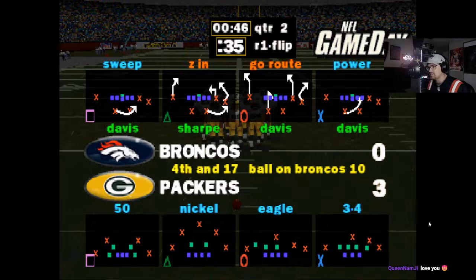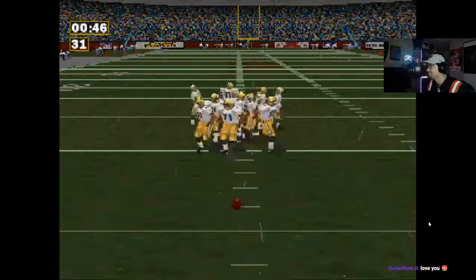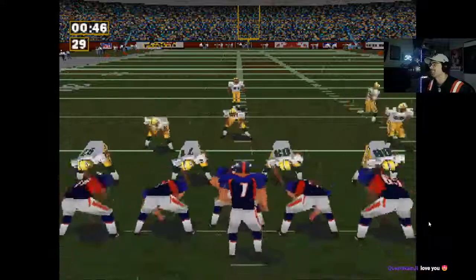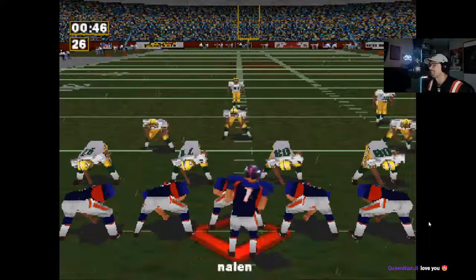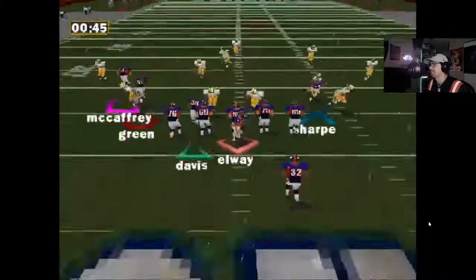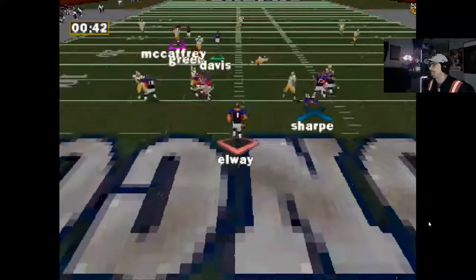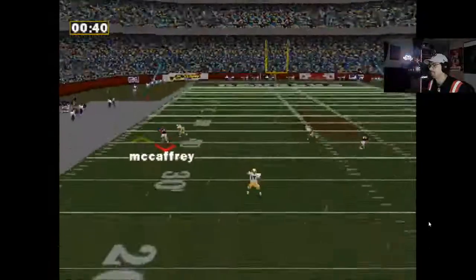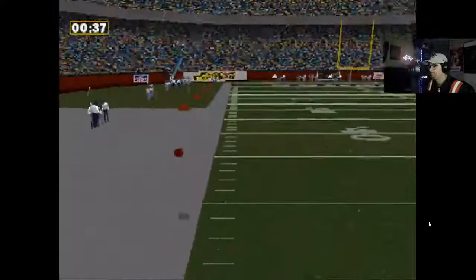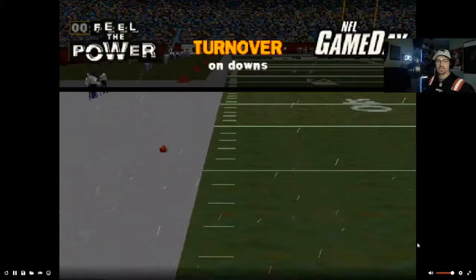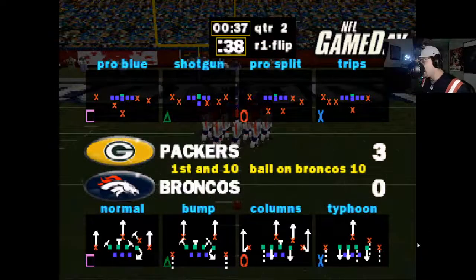I have not been successful all day, but why the hell not? Fourth and long on the 10-yard line. Incomplete pass. Well, I turned it over. Anyway, I suck at this game.